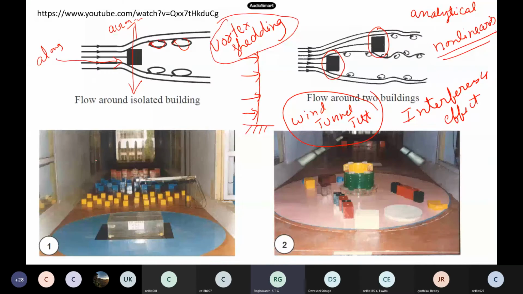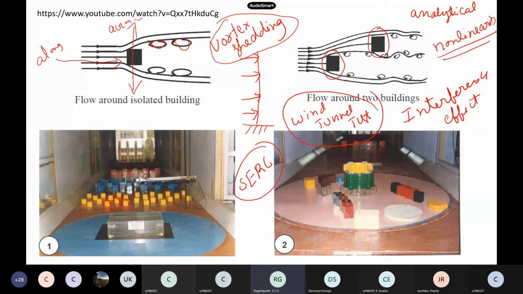So these are also wind tunnels. You can see these are our SERC. Have you heard of this SERC, which is next to our IIT Madras, our backside, that Taramani area, we have the Structural Engineering Research Center. So they have a huge wind tunnel facility. In the huge wind tunnel facility, they do all kinds of testing. So these are all small buildings actually.